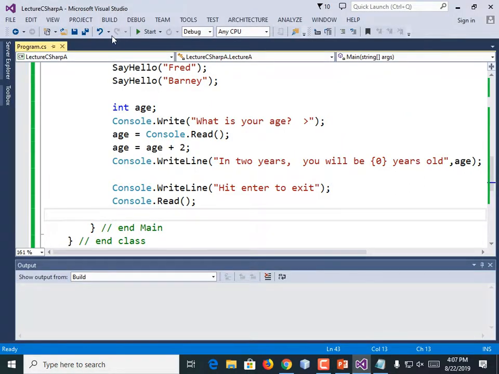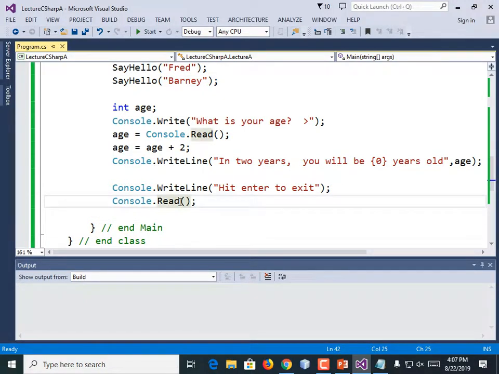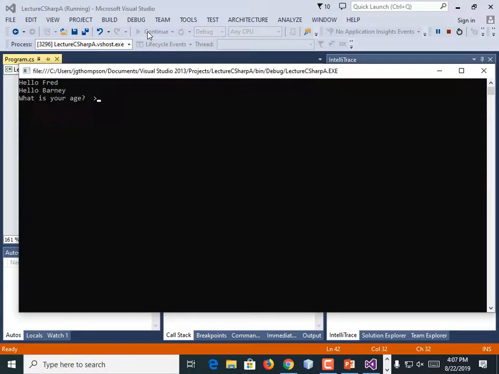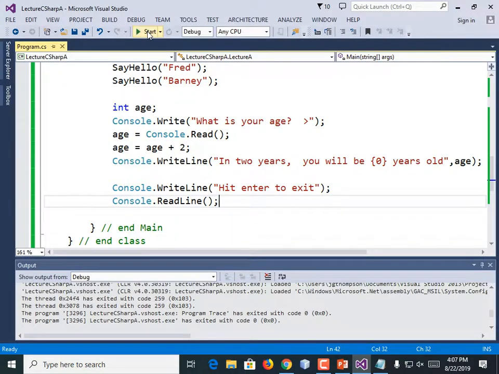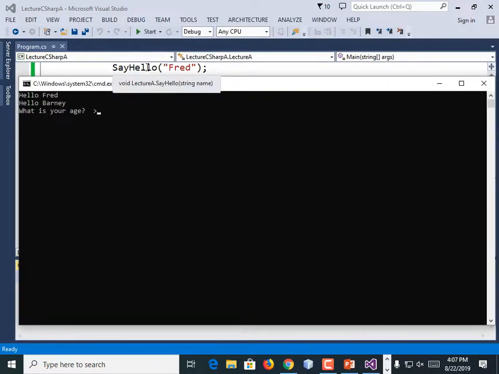The reason the book tells you to run it without debugging is because it pauses the output. What's happening here is that for some reason when I hit the enter key, maybe if I'd done read line, it would not have closed the window. I'm going to try that, but then I'm going to show you the difference between running with debugging and running without. Nope. All right, so fine. I may not even put that stuff at the bottom of my program anymore. From now on, when I'm ready to test it, I'll start without debugging, and then it will not close the window when it's done running.